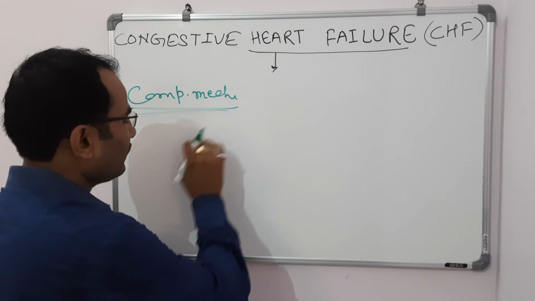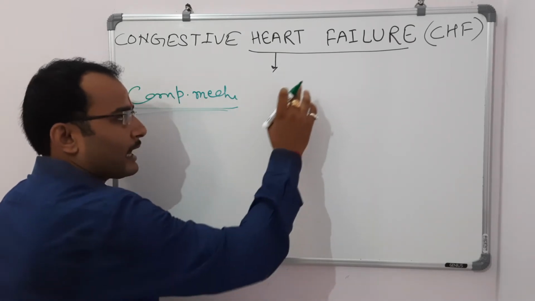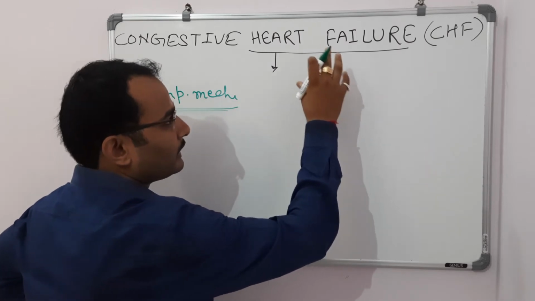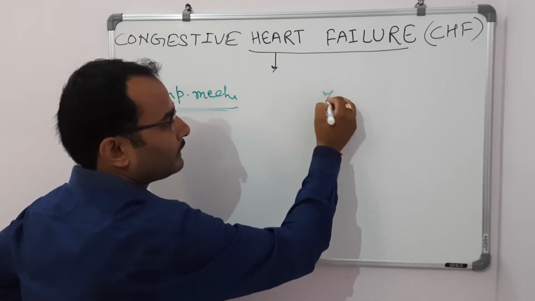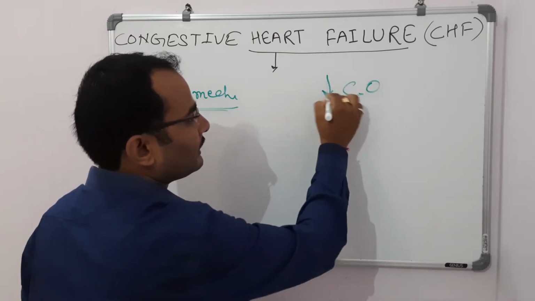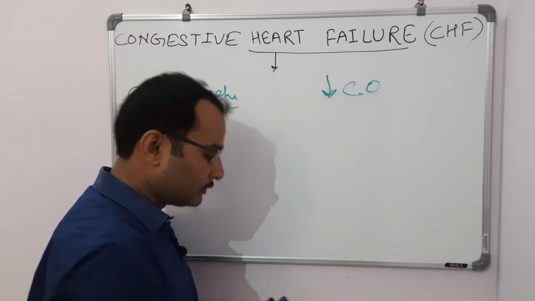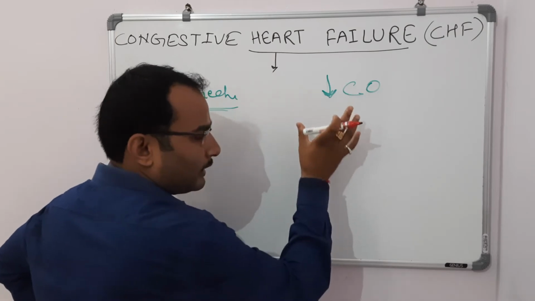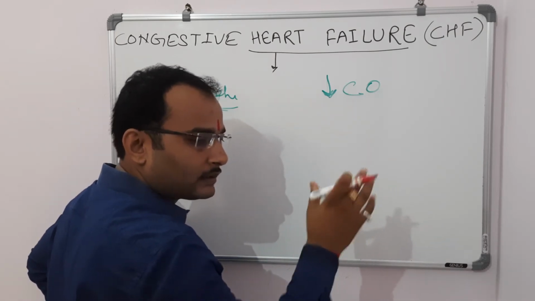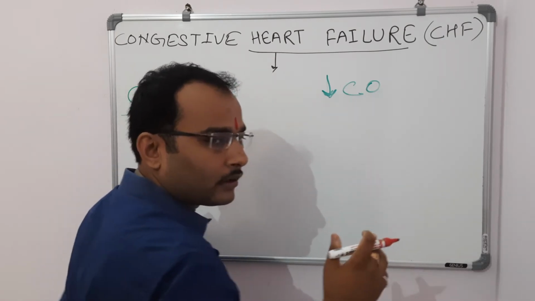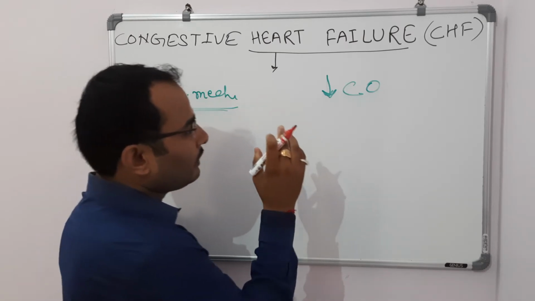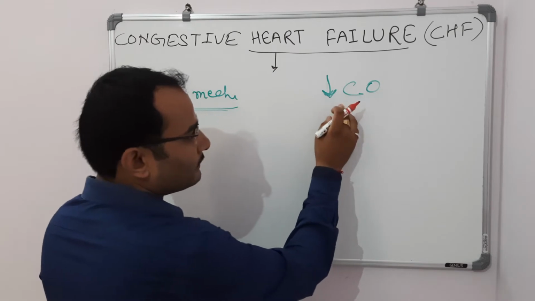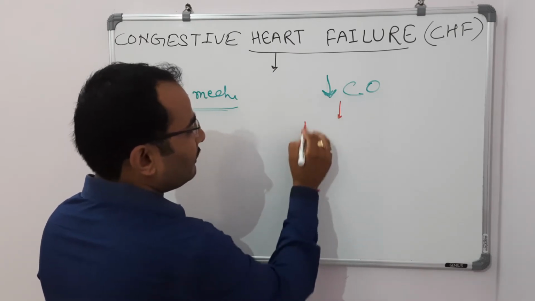Now, in the compensatory mechanism, as we have discussed, in congestive heart failure there will be less cardiac output. ये तो clear है. Less cardiac output. Once there is less cardiac output inside the body, all the students already, I suppose, आप सबने पढ़ा होगा कि once the body has less cardiac output, there will be activation of